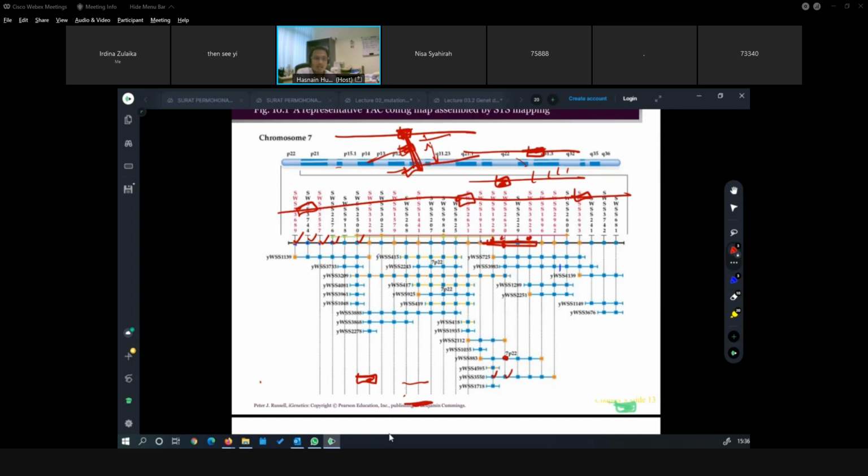So now, if I ask myself, we know that this gene, the area from here until here, covered by let's say 1, 2, 3, 4 markers, actually is the cystic fibrosis gene. What actually is the sequence of the cystic fibrosis gene, so that I know what actually is the problem that is causing cystic fibrosis? Then I do the sequencing. That's why we do sequencing, so that we know the entire sequence. Then based on the sequence that we know, we do analysis.